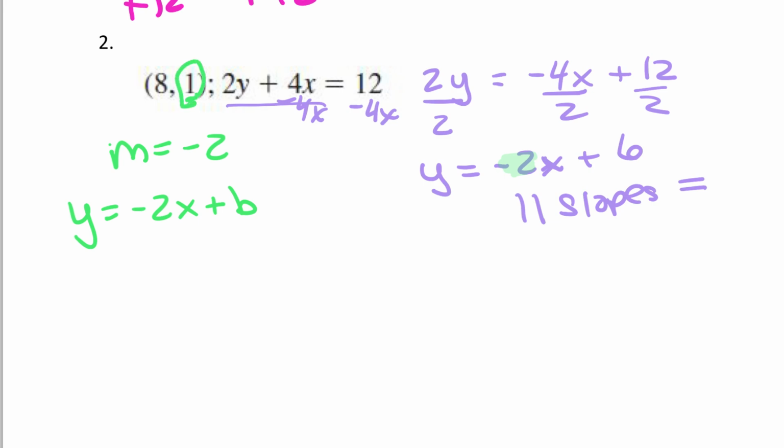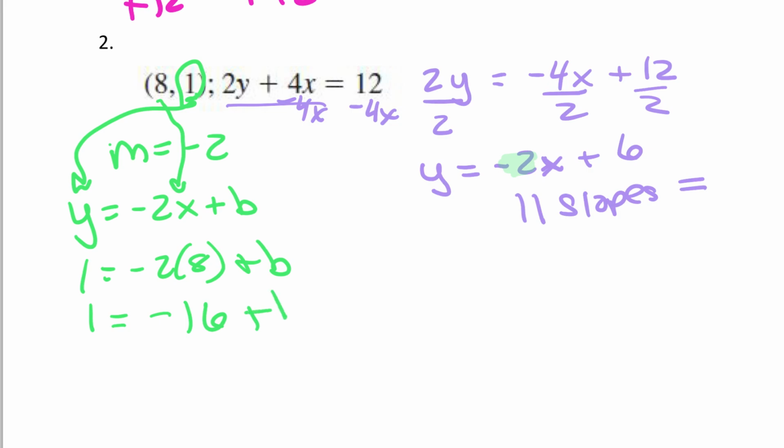This y here goes in that point. 8 goes in for my x, and I get 1 is equal to negative 2 times 8 plus b. We need to find that b, that y-intercept, so we can write the equation of the fingerprint. So I get 1 is equal to negative 16 plus b. Add 16. I get b is equal to 17. So the equation of my line is y equals